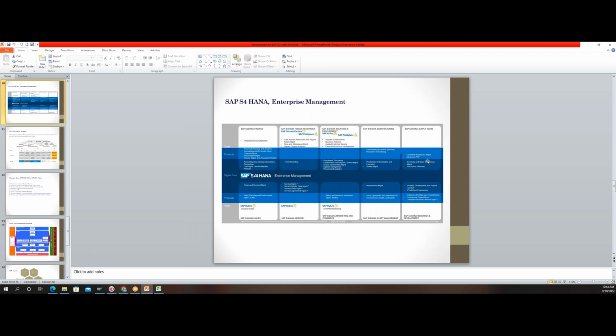It brings up the enhanced ability, the new features and the new ability where the information is more handily available now. All right. So rather, in R3, I may need to click three or four times to get some information. Say, for example, if I wanted to see the stock of the material, I cannot see it in the sale order. I have to go to another screen, verify there and come back. Instead, in S4 HANA, using the Fiori app, you can have the information of the stock at the same time.